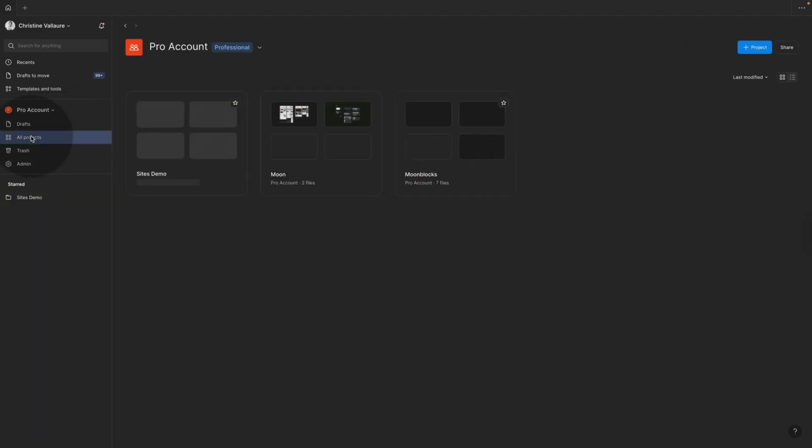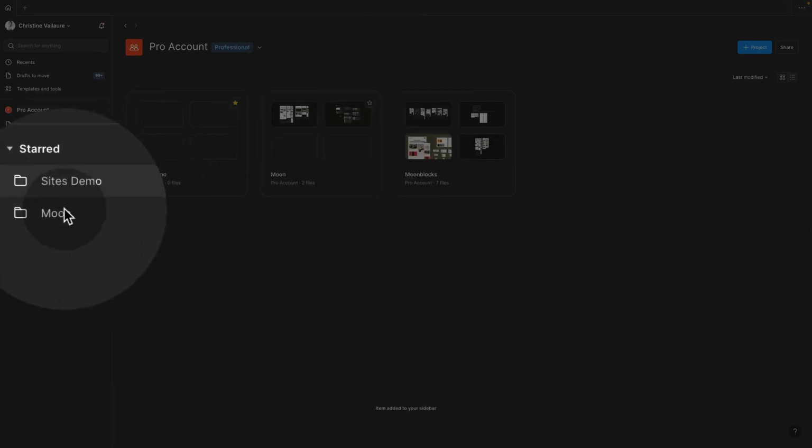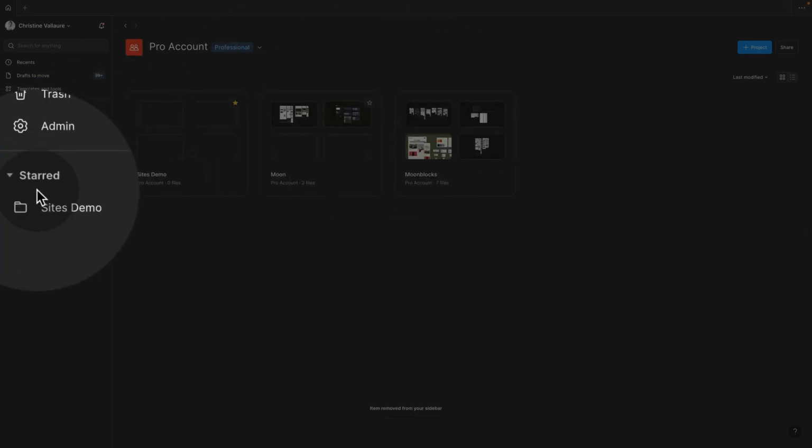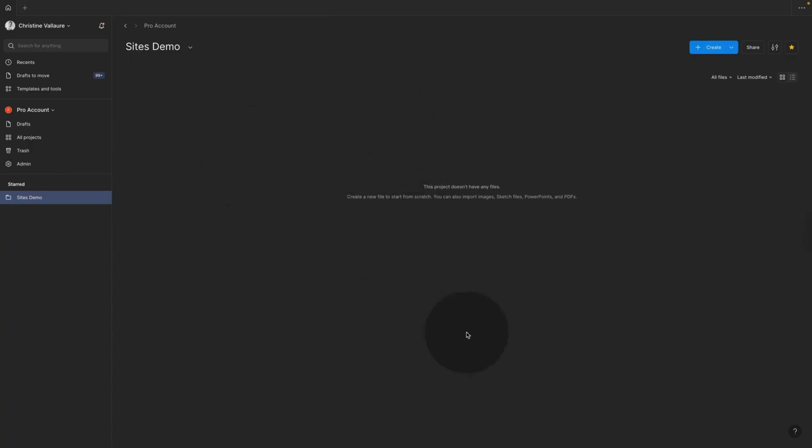So if we click on all projects, you can see that it created the third one. And by the way, there's a little star button. So this is really handy. You can see if you star a project, then it's going to appear on this sideline so you can access it quicker. Double click either on here where you started or right on the project, and then you're inside